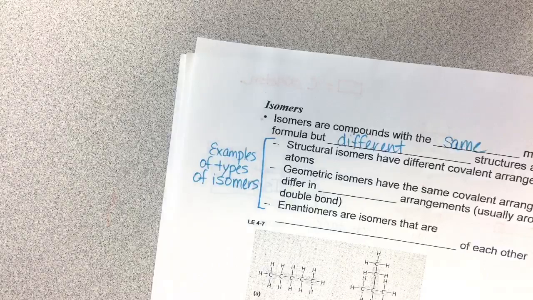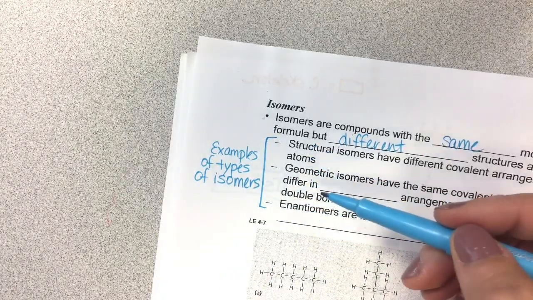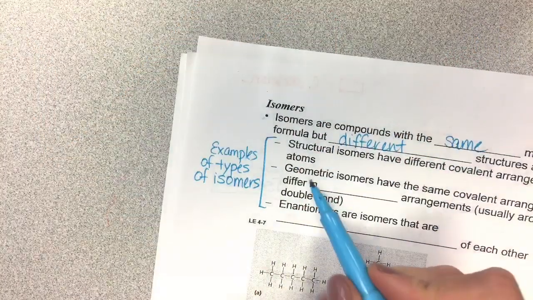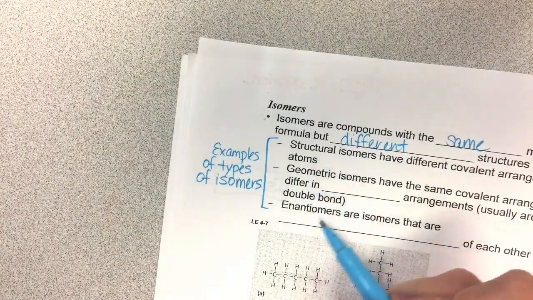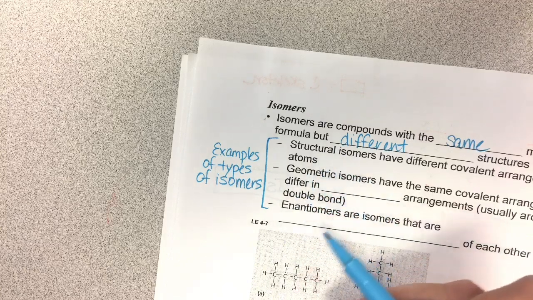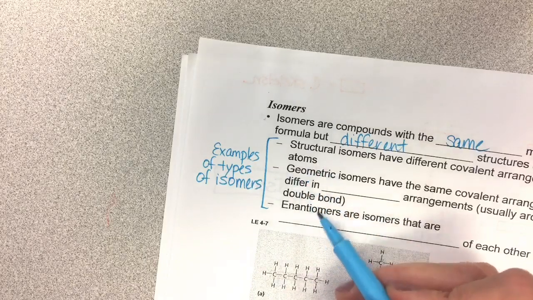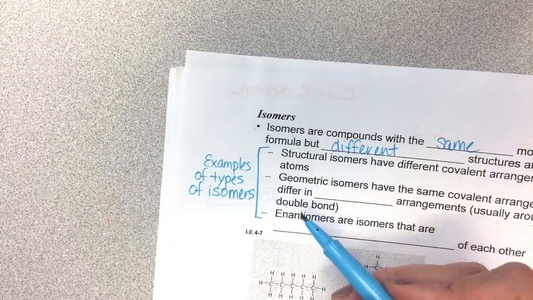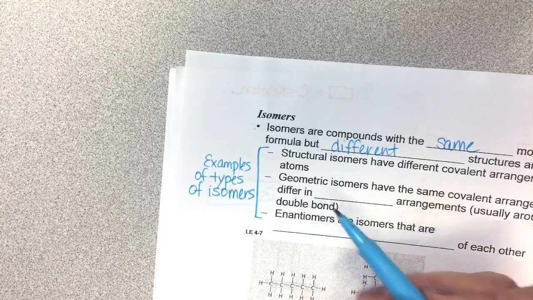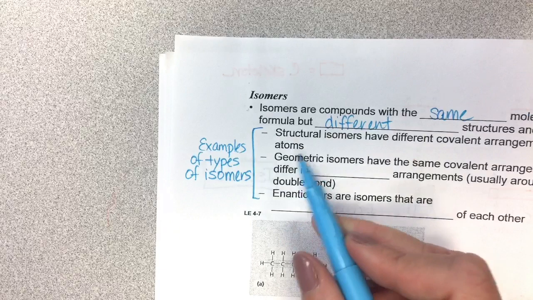Now for this class, you do not need to memorize this, and I'm not going to give you a picture of two molecules and ask them if they are geometric and enantiomers, but you need to understand that they are all examples of isomers. I will give you some practice with that just so that you can get the idea of isomers, but for a test and so on, I won't say, oh, are these guys geometric isomers? So let's talk about, I have pictures of each one of them.